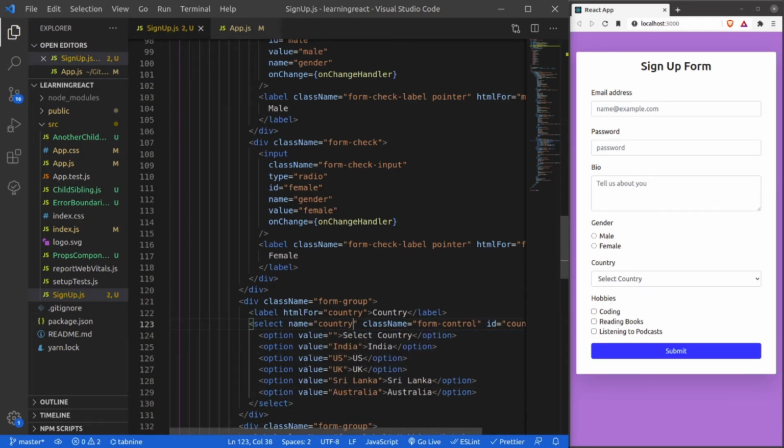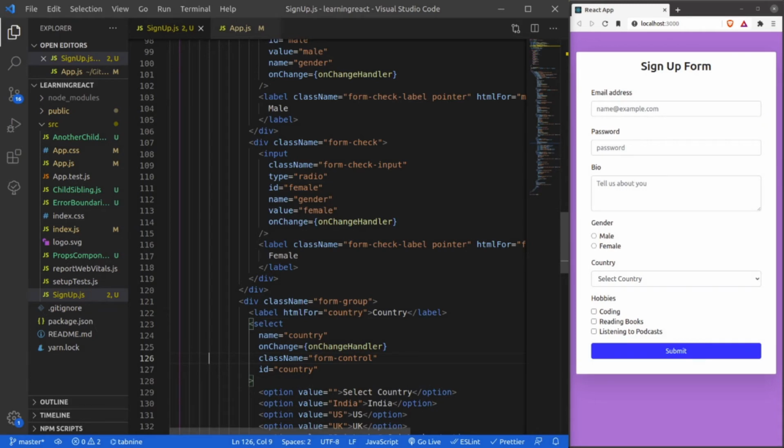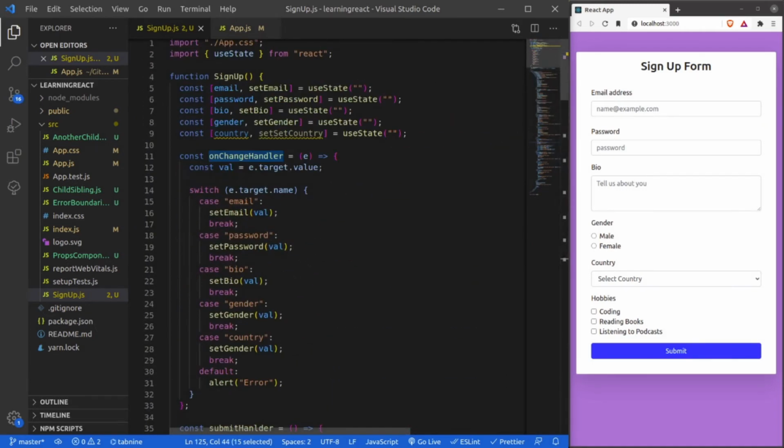All right. And here I need to provide onChange handler. And in onChange handler, I have already added the code for country to set country.